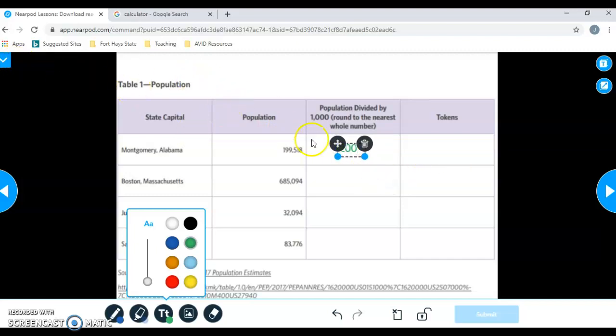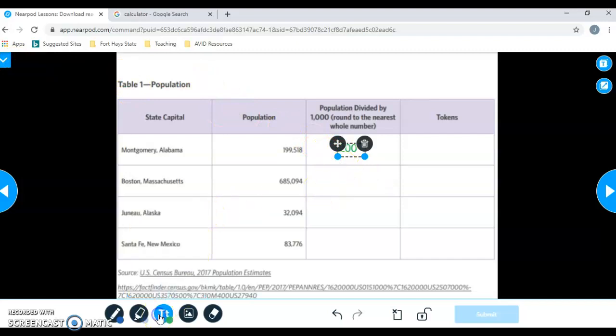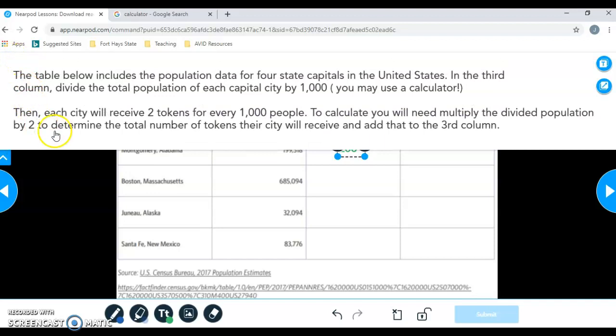Now calculate that for Boston, Massachusetts, Juneau, Alaska, Santa Fe, New Mexico. Then each city will receive 2 tokens for every 1,000 people. To calculate, you will need to multiply the population by 2 to determine the number of tokens the city will